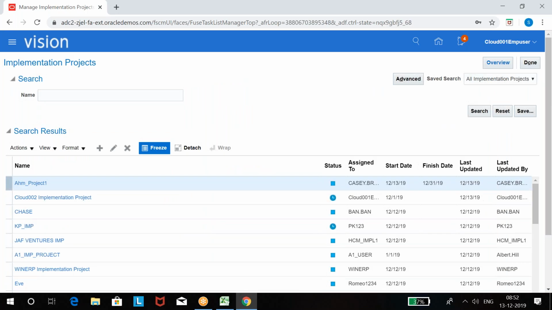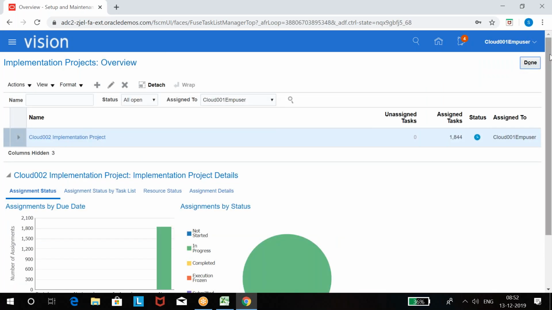Here there are so many projects I'm seeing. If I want to see how many projects are assigned to my username, we click on overview. Yesterday we discussed, when you click on overview, it will show projects related to your username, right?